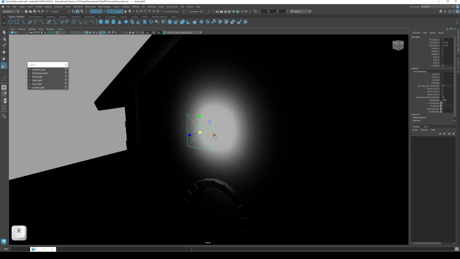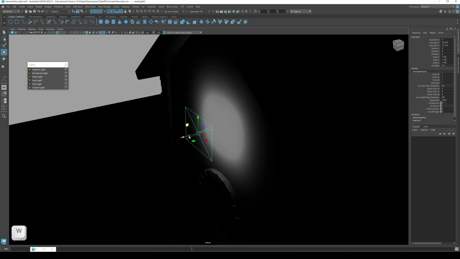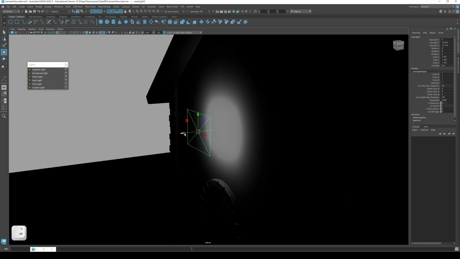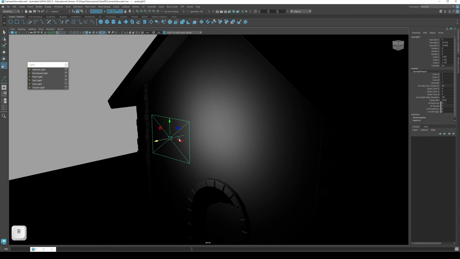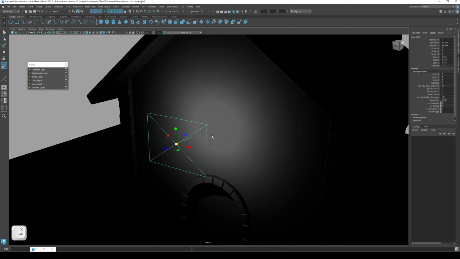You can scale it proportionally or unproportionally. That will change the area of this area light and the intensity of this area light also. So if you move it away from the house, for example here, and let's scale it up, let's do a